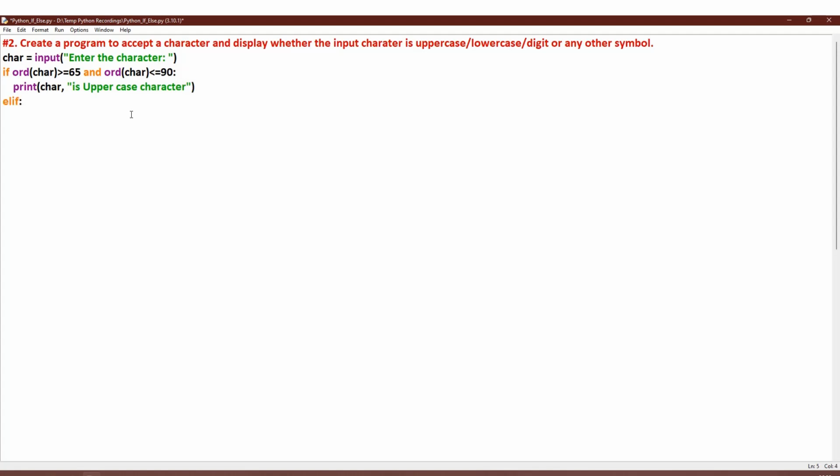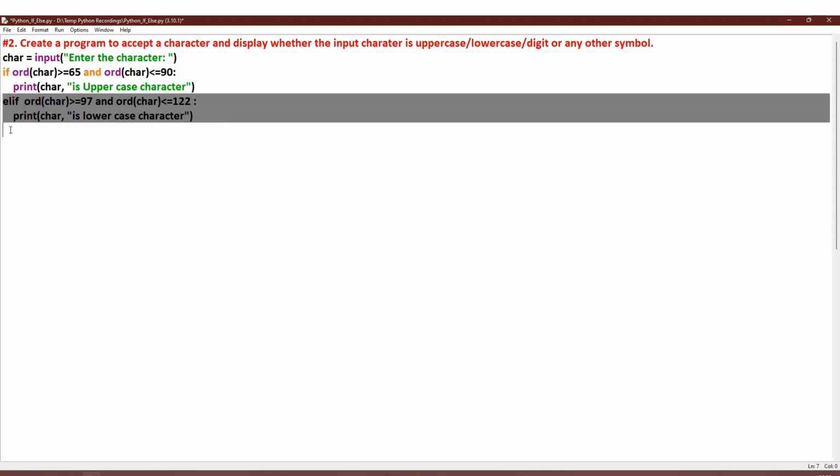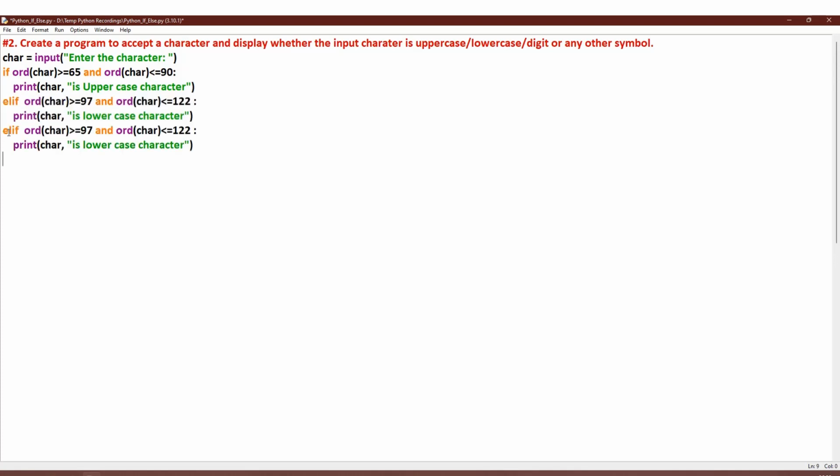We need to give the condition here. If it is greater than or equal to 97 and lesser than or equal to 122, say it is lowercase. Elif again, we can copy paste. If it is greater than or equal to 48 and lesser than or equal to 57, this is going to be a digit.